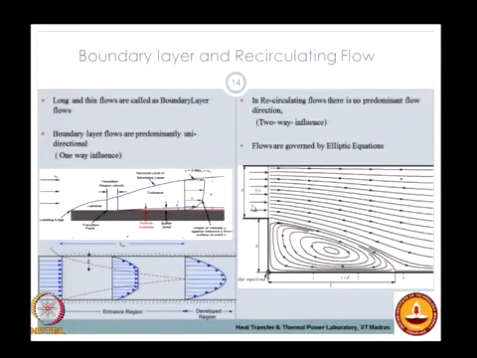Now if you look at flows with adverse pressure gradients, or where you have sharp corners like the figure right here, you can have flow which cannot flow across the sharp corners and therefore has to separate, and that is a recirculating bubble here. So in the case of recirculating flows, now you cannot say that the flow here in the recirculation is dependent on the flow upstream, and therefore there is no predominant flow direction here. However, there is a two way influence. So the equations here are elliptic in nature, and therefore the disturbance comes from all the directions into this particular